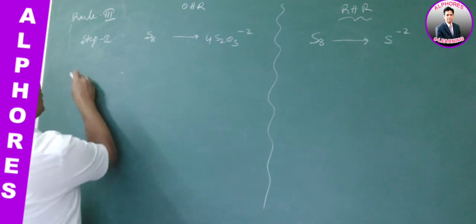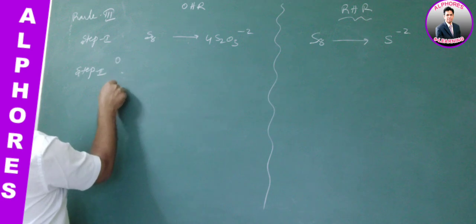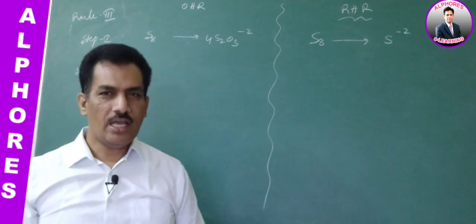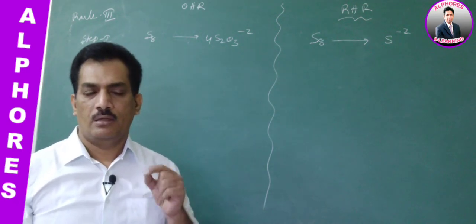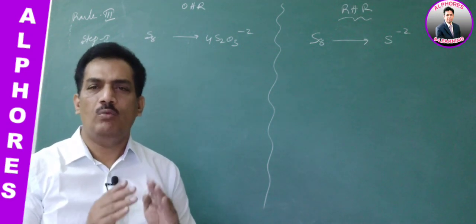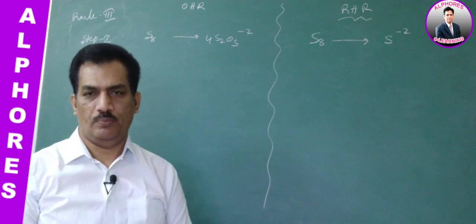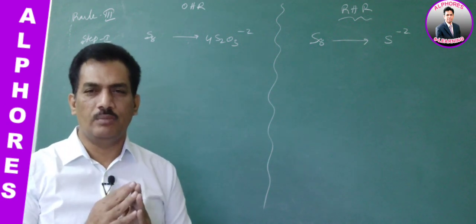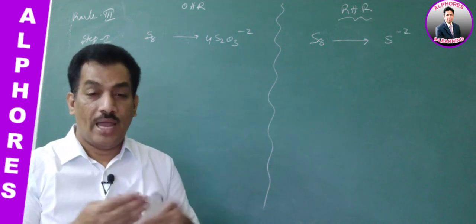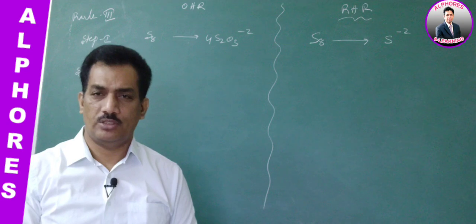And then step 2. As per step 2, we have to balance oxygen and hydrogen. These two have to be balanced. Here is the toughness, that's why I am concentrating on this step. The actual rule is, to balance oxygen in basic media, we have to add OH minus, and to balance hydrogen, we have to add H2O. But with this two-step mechanism, it takes some time, in a zigzag manner where we have to attempt multiple times to balance these two atoms.